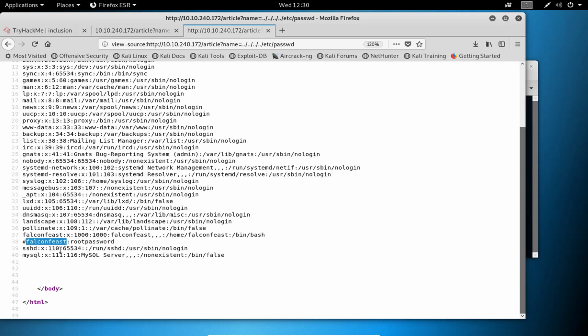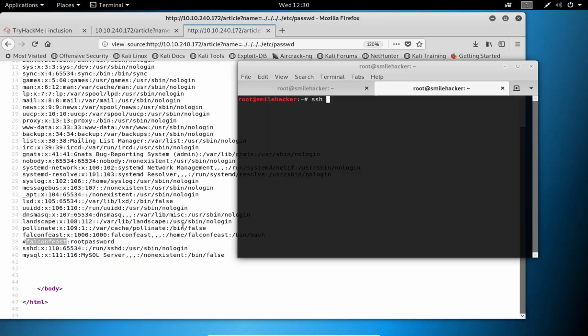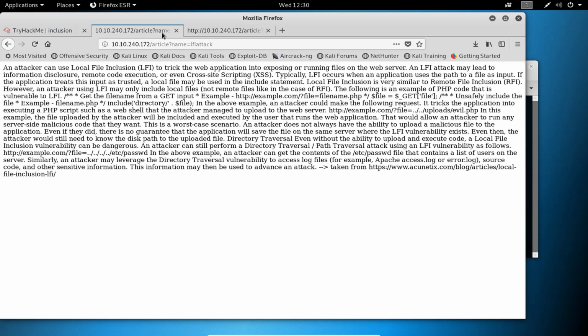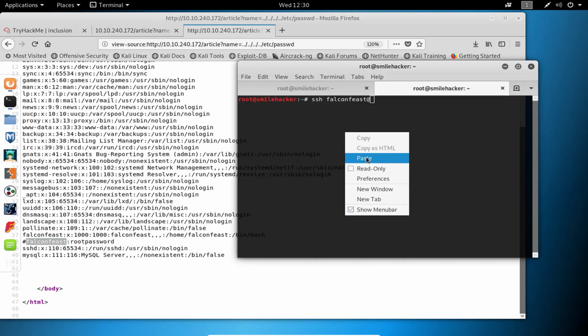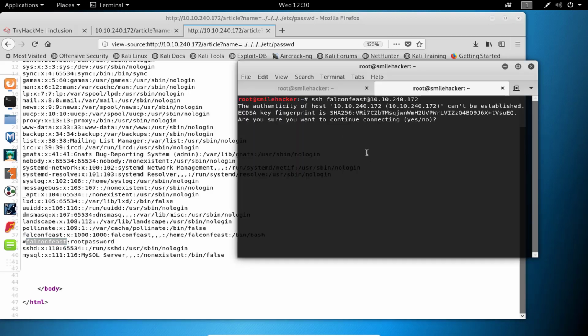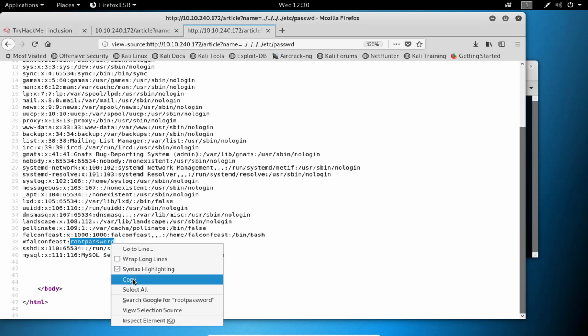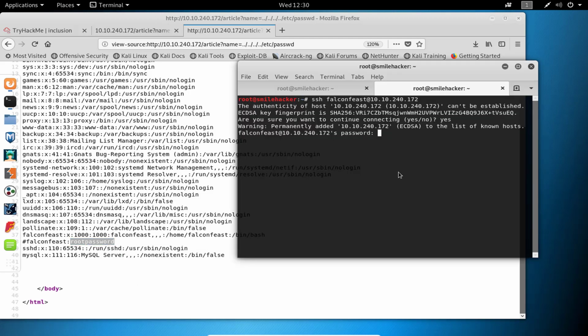We copy this one and paste it here, then at the rate, the server's IP address. We copy this one also and paste it here. Then we give this password, copy this one, paste it here and enter.